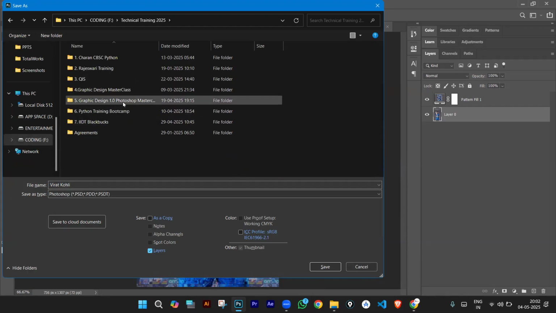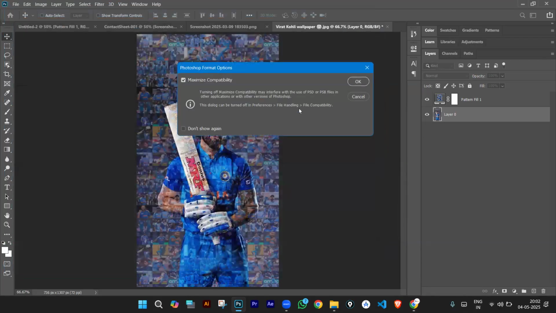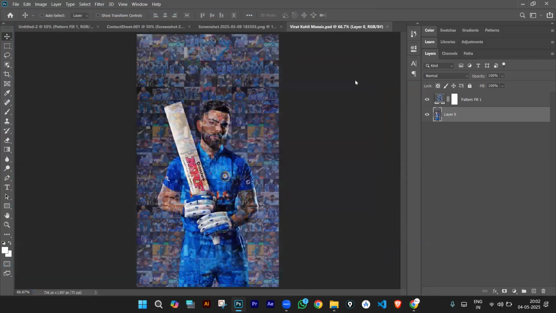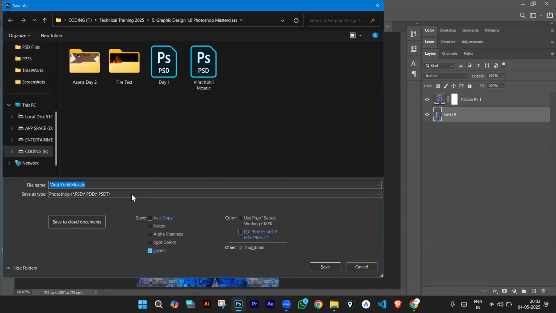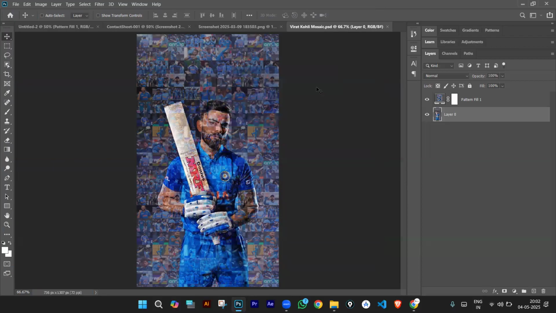Done. So yeah, graphic design masterclass. We are going to go with Mosaic. Then save it. Click on OK. Done. Now Control Shift S. Save as. Now I'm going to save it as PNG. Okay. So I'll have this image so you can see the first result that we have obtained. Then save it. Now the second result, what you can do is create a copy of this Virat image,